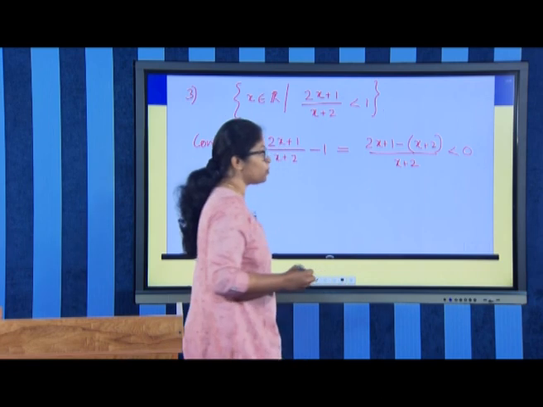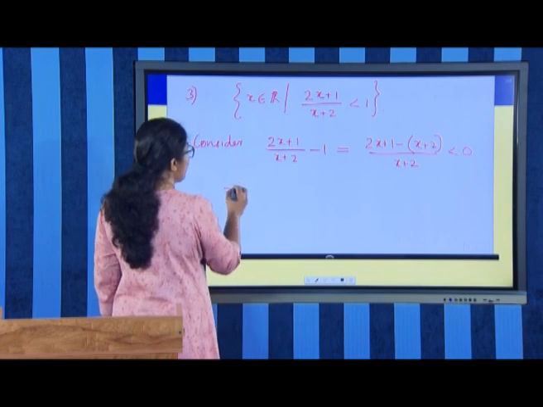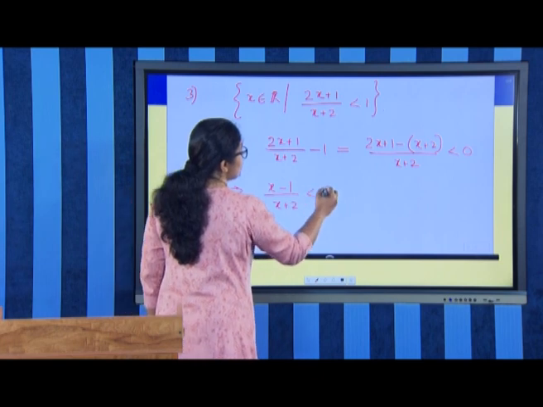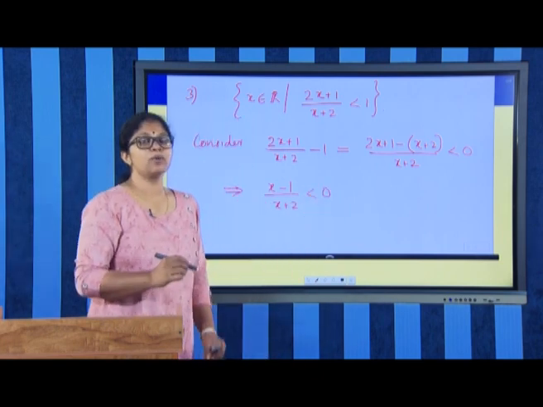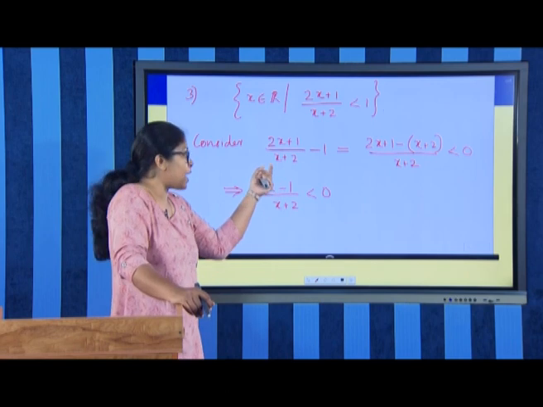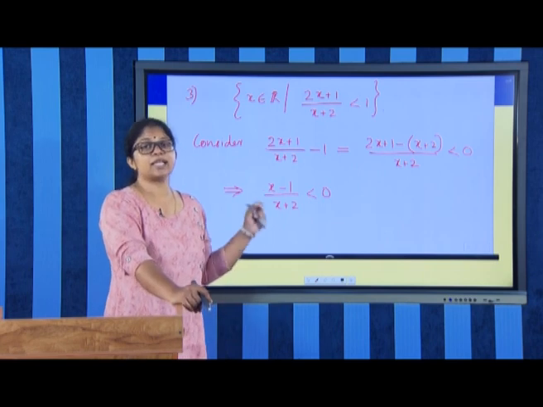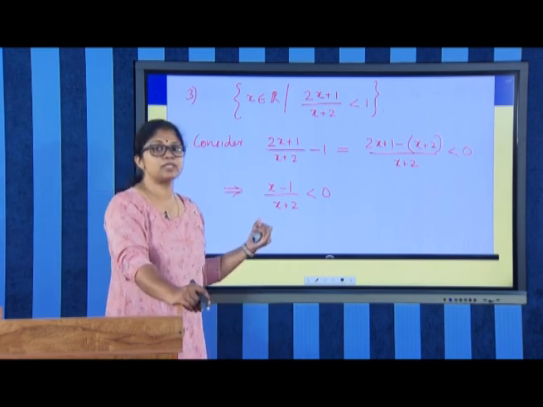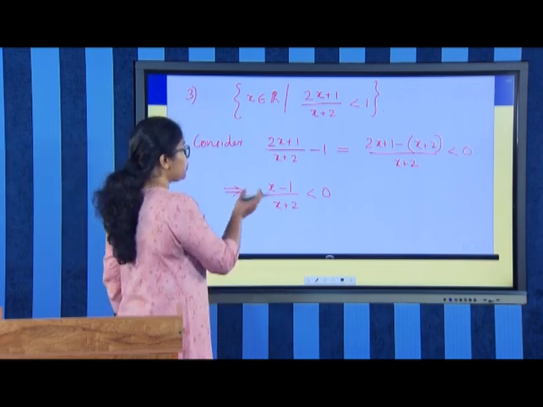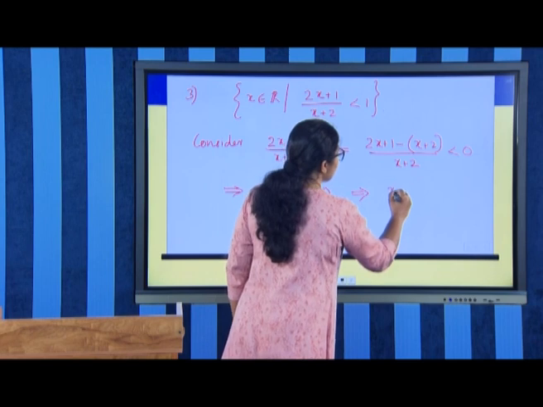So, this is less than 0, and when is that less than 0? Simplifying the numerator, you have (x minus 1) upon (x plus 2) is negative. So, this can also be considered as the product of two real numbers, x minus 1 and 1 upon x plus 2. And we have learned in the previous session that AB is less than 0 if either A is greater than 0 and B is less than 0, or A is less than 0 and B is greater than 0. So, depending upon those two conditions, this indicates that either x minus 1 is